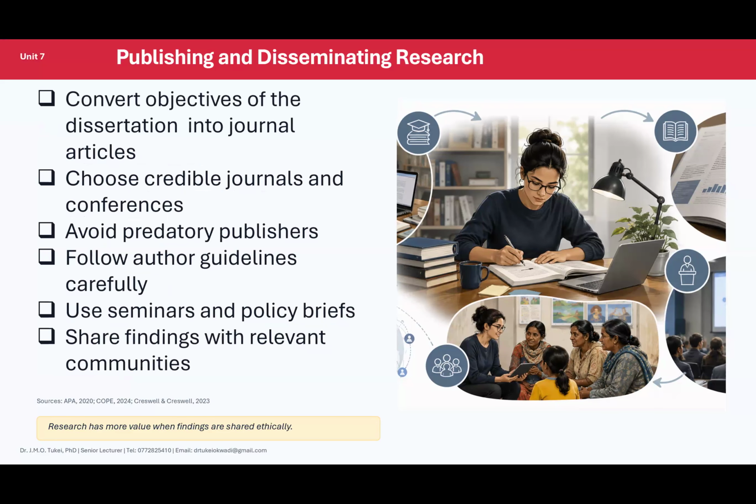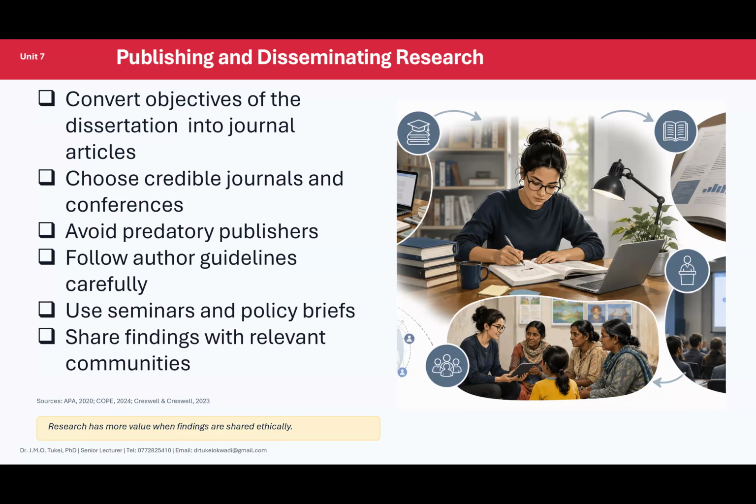Colleagues, this is very important. Let's look at publication and dissemination of this research. Findings can be transformed into journal articles. Right now, at Universal Technology and Management University, the Dean of Graduate School, I was once a dean and I enjoyed being a dean of graduate school, has told us that those who intend to submit articles should first submit the abstract. Yes, we need this because it's very important. So dissertations can be transformed into journal articles.